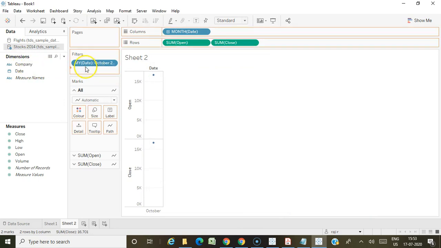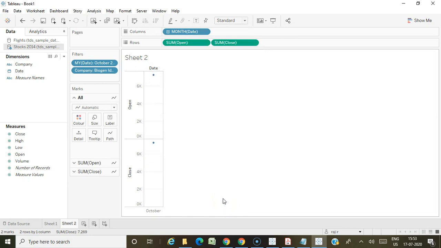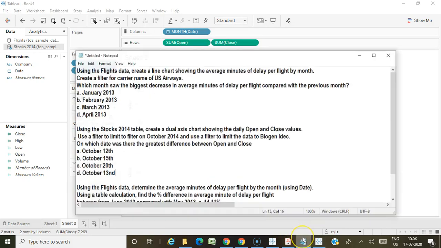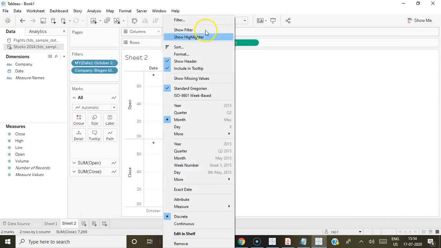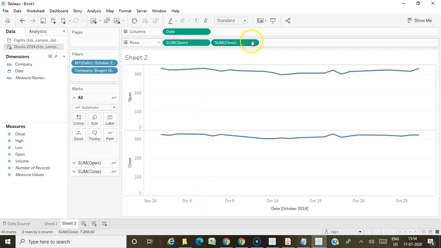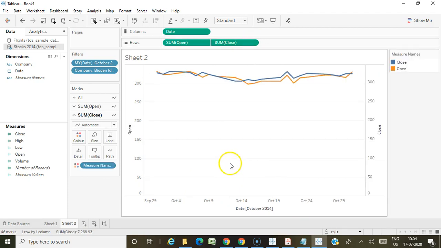And also the company. They were asking for date, so I'm going for the exact date feature. And dual axis graph.